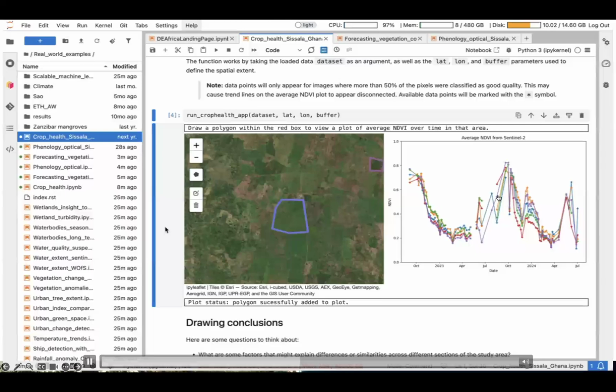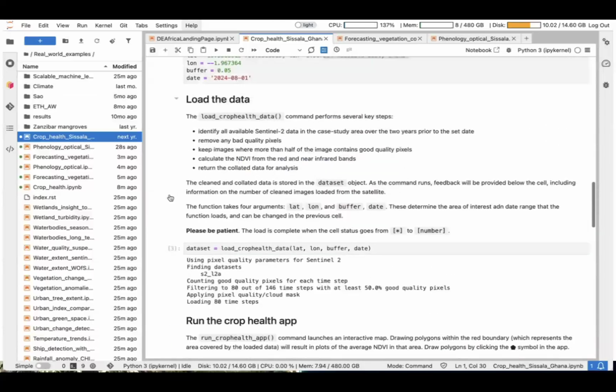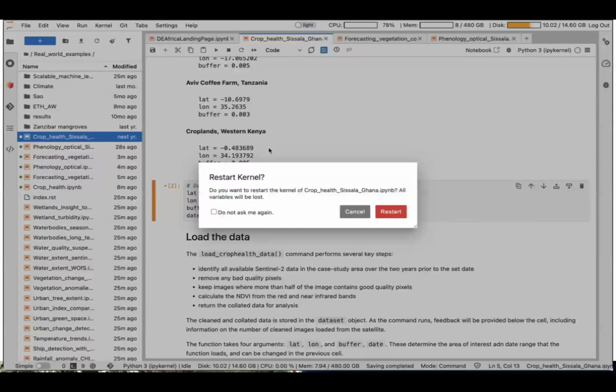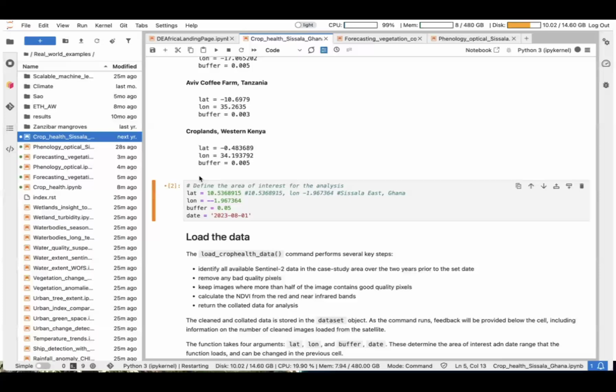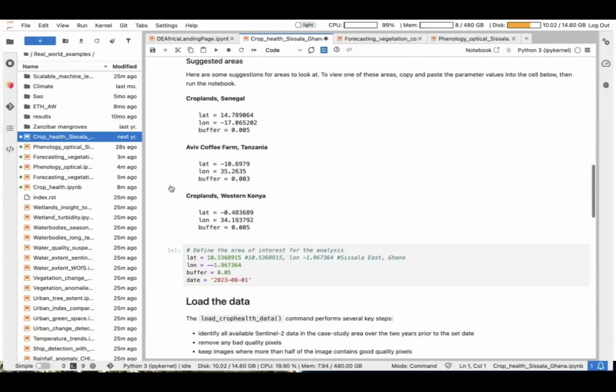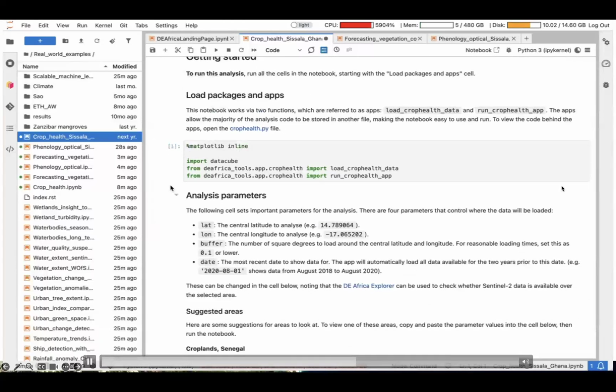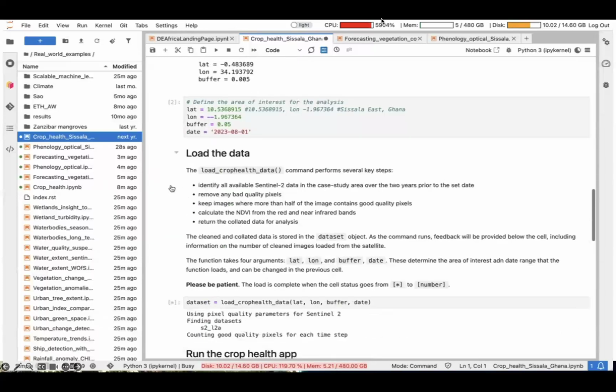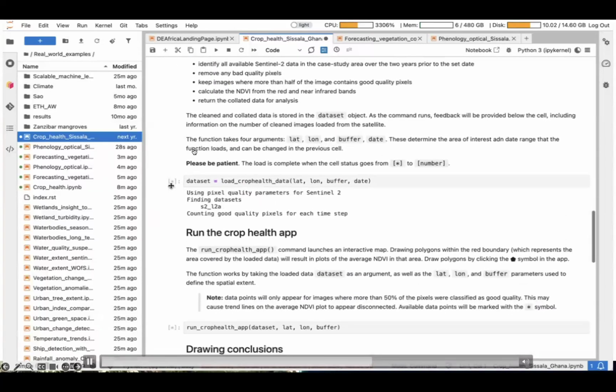Then crop production goes up. Then towards early in the year, most of it is harvesting towards April. Then also we can change the dates of the year, possibly the 2023 example. Then you go to the kernel and restart and run all the cells. And this one will give us an opportunity to see the trends each year, and also provide insights at the farm level, which is very key of how we can use data from space and Sentinel-2 to give us